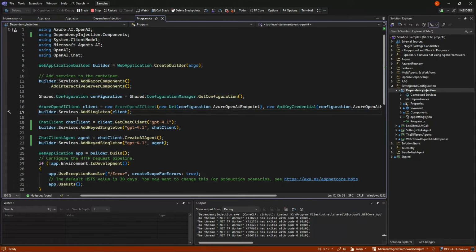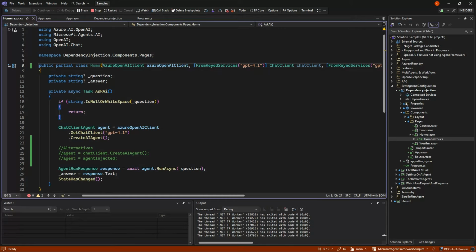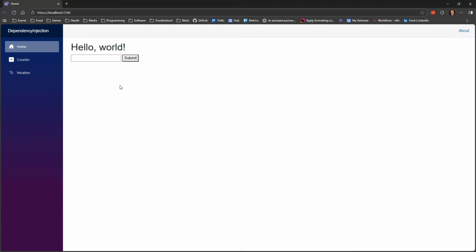But what I'm gonna do here is make up an OpenAI client and add it as a singleton, just based on my endpoint and my setup. And in the homepage, I will then dependency inject one of these clients and get an agent and get a response. So if we see the thing here, it says hello to it, it will answer.